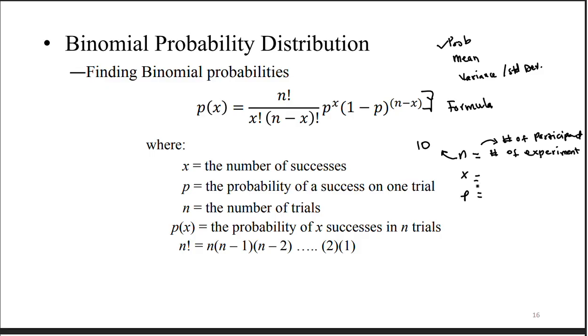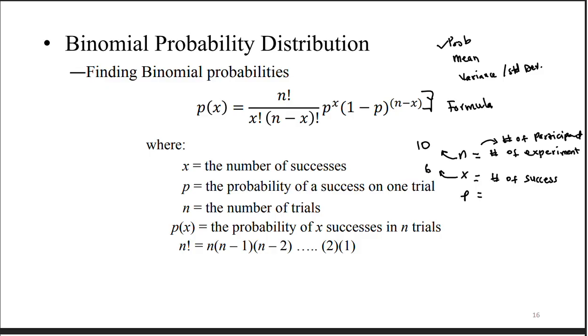X here represents the number of successes. How many people said yes, they have a car? If I define yes as success, then my X here represents the 6 individuals who said yes, we have a car. And then P here